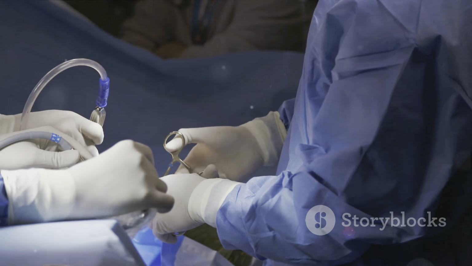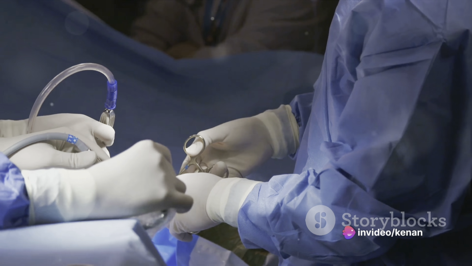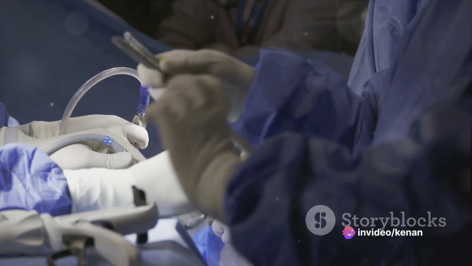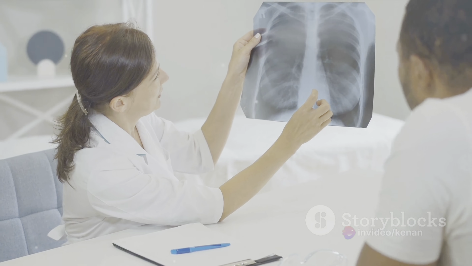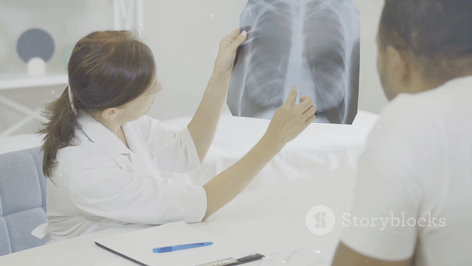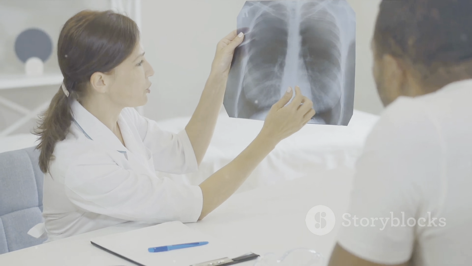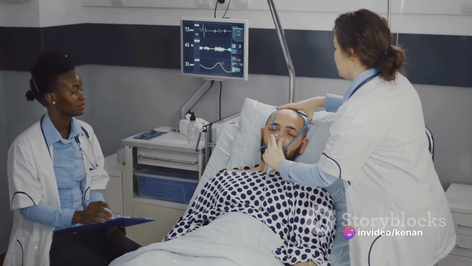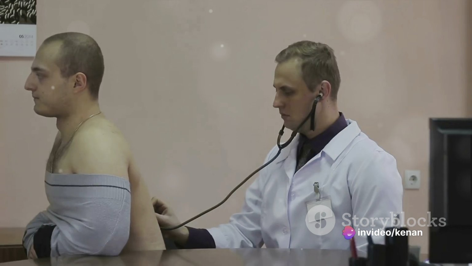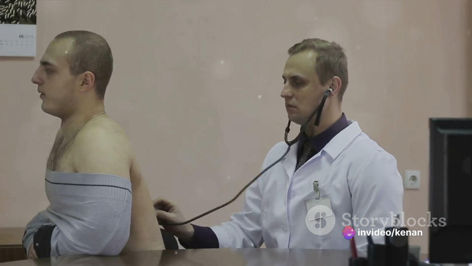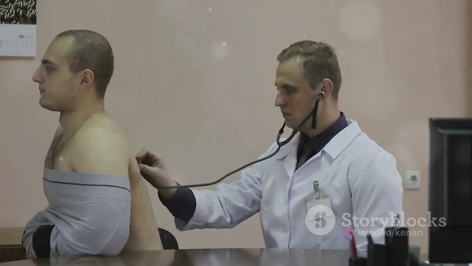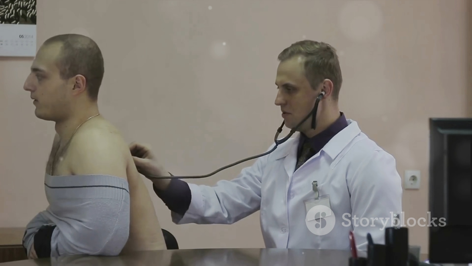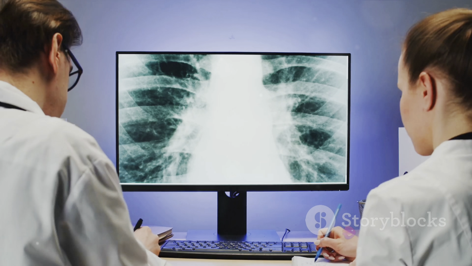For larger lung abscesses or those with significant pus accumulation, pus evacuation may be needed. This can be done through bronchoscopy and drainage, or in severe cases, surgical removal of the infected area may be necessary. Step 4 is the treatment of the underlying cause. If the lung abscess is caused by other diseases or conditions such as emphysema, tuberculosis, etc., it is necessary to concurrently treat the underlying disease.